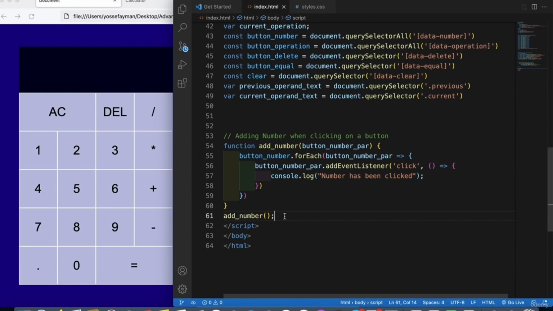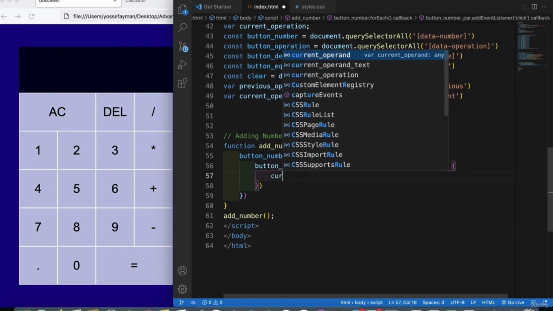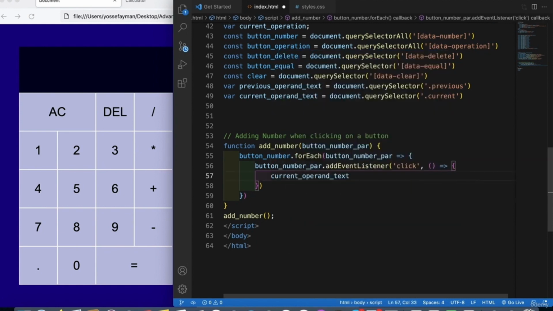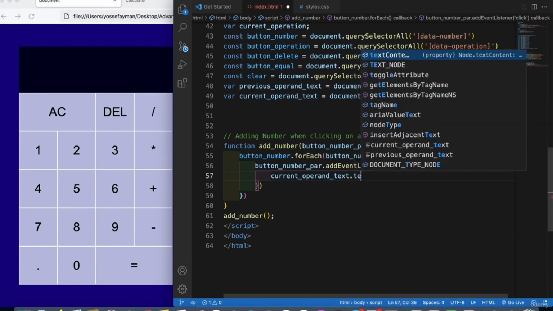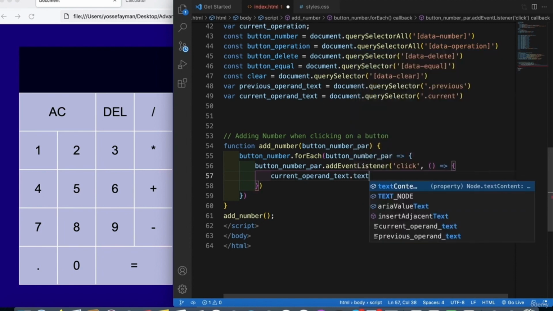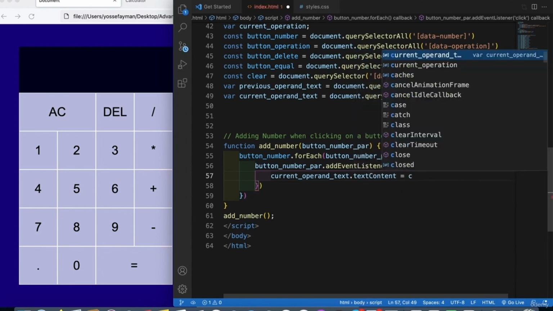Okay, and then after this part we need to change something right here. What we want to change is the content. To change the content right here, we don't need this console anymore. We made sure it's working. We can make the current operand text. To change it, we set it equal to text content or inner HTML. Let's make it text content equal this one